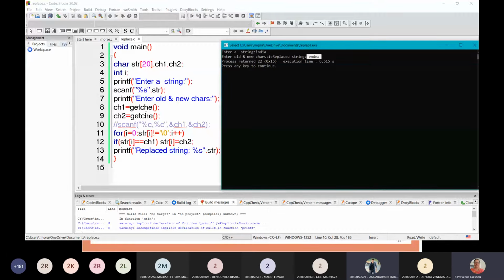If you use only getch, it doesn't show the character whatever you have entered.